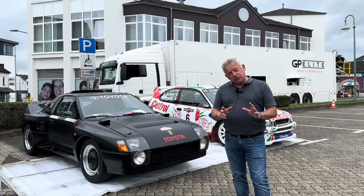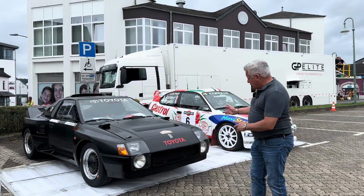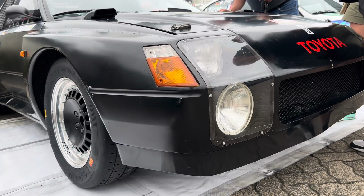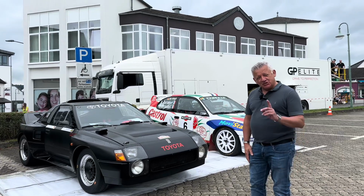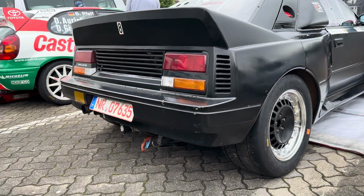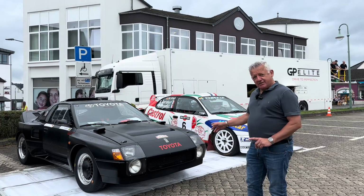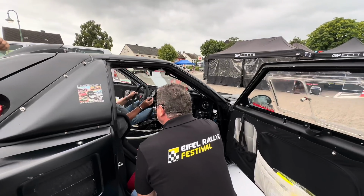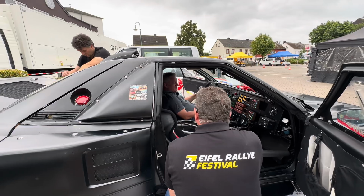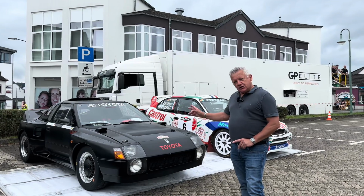Now, does anybody know what car that is? Don't be clever and tell me it's a Toyota, because it is. But do you know what it is? This is now exceptionally rare. There's only 3 of these cars remaining in the world, and this is the only one that is a tarmac